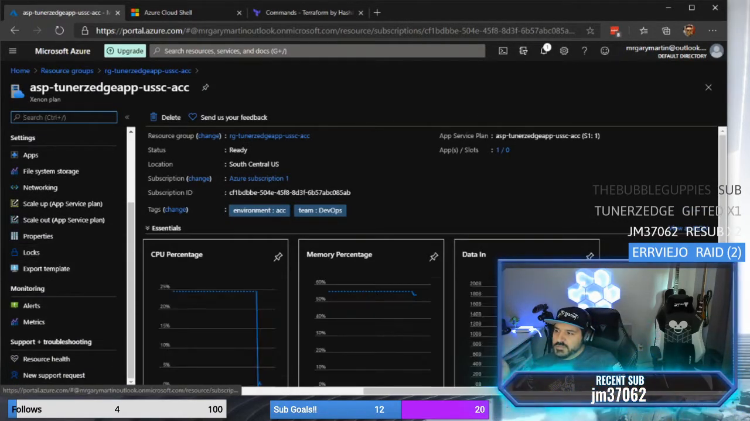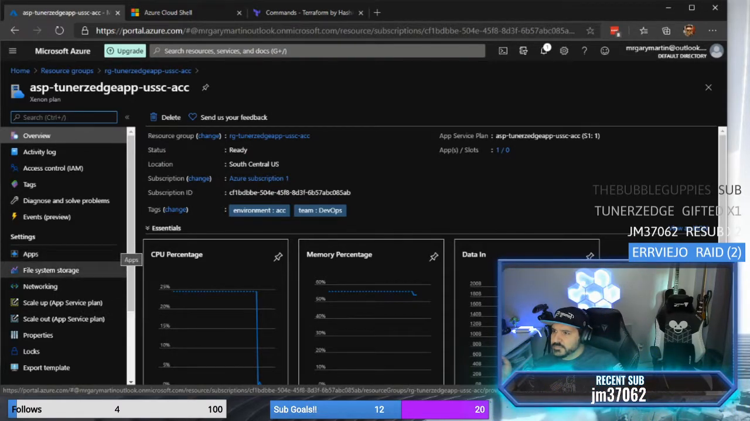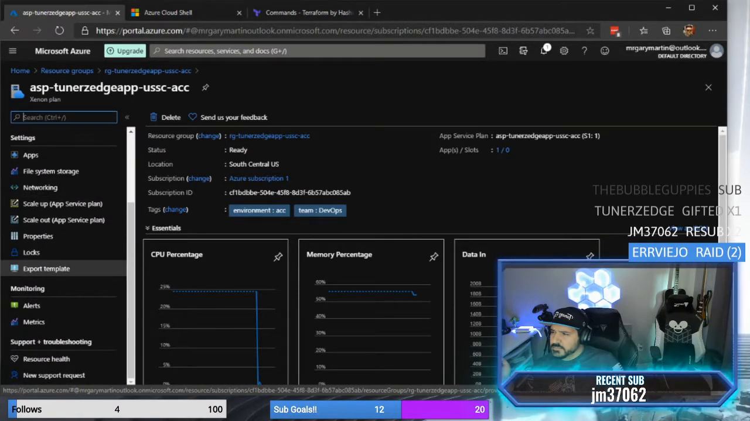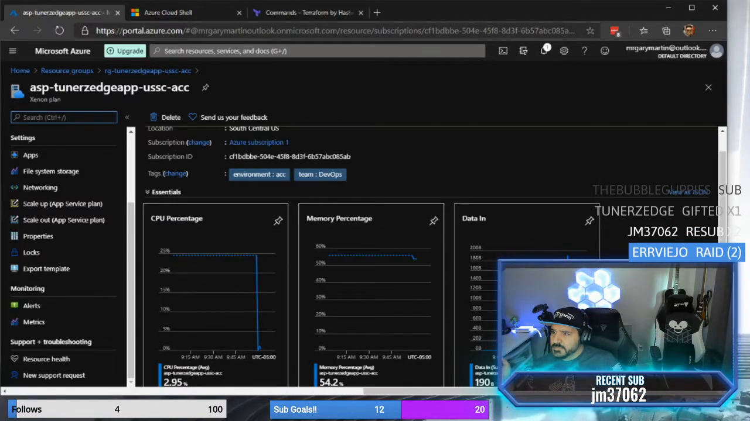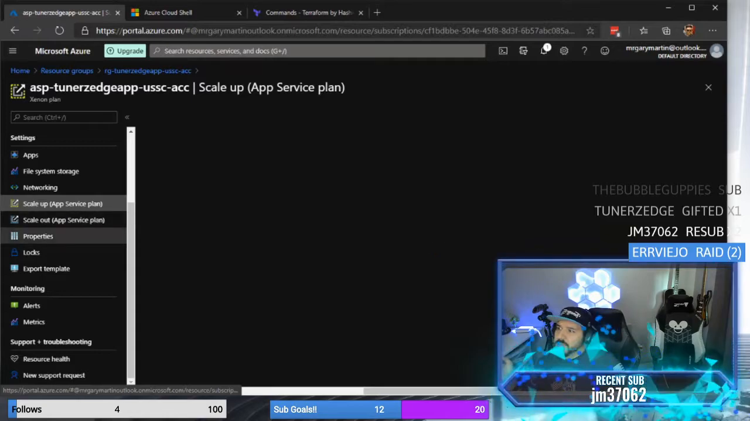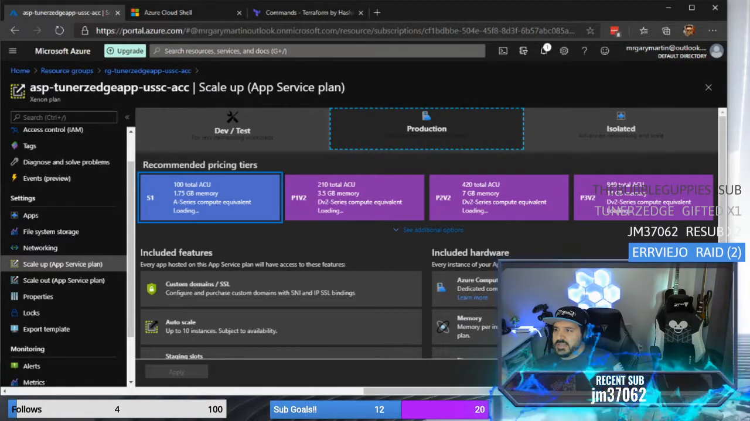And so when we go to scale up, you'll see that we're actually deployed on a production standard 1 environment,